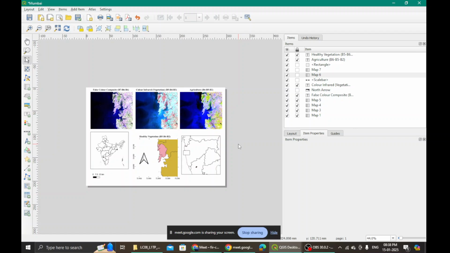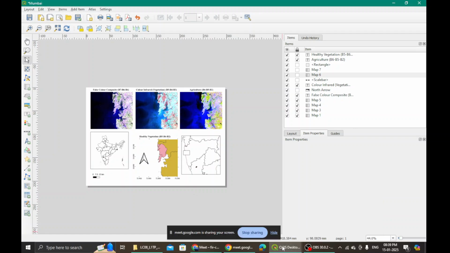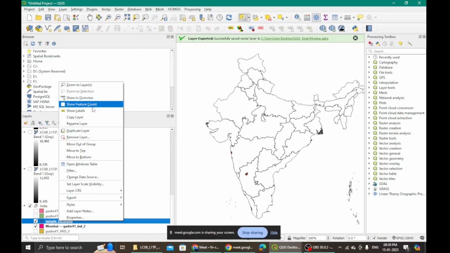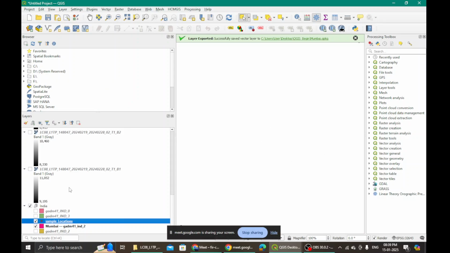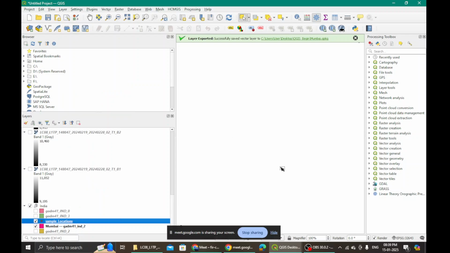Ma'am, you just added the CSV file, but all the locations are not showing in this map. The locations must have come there. So we go to our canvas and here we right click on the samples and say zoom to layer, the very first one on top, so that we go to our samples and they will be displayed, right?